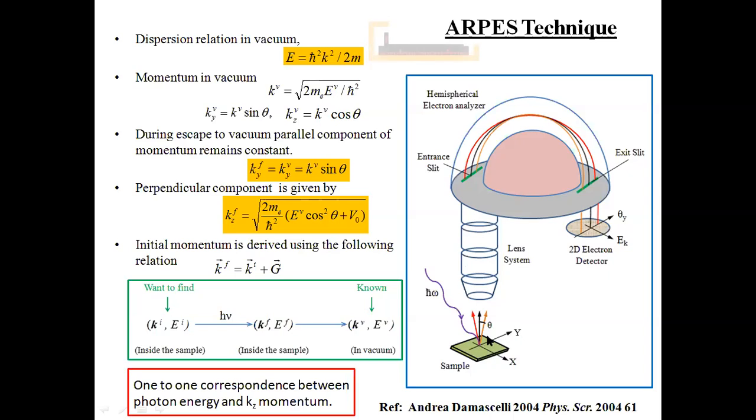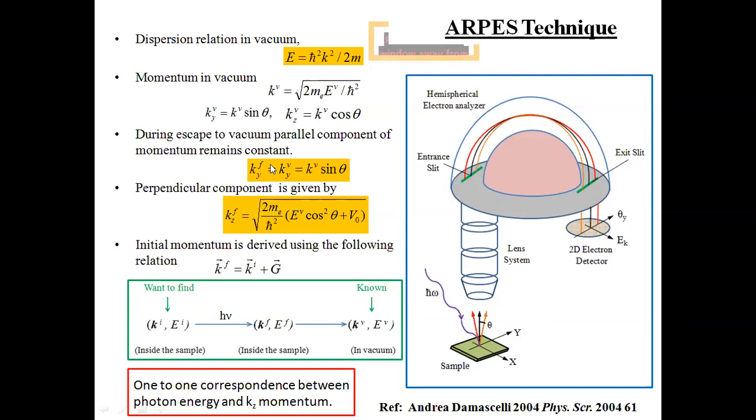Now for this case, while the y-axis is parallel to the entrance slit, the electron will have two momenta. One is this y-axis momentum, another is this z-axis, the third direction. So once I have these values, I mean the energy and theta, then I can actually find out the y momentum and the z momentum. Okay, and we can later on talk about it if anybody has any question.